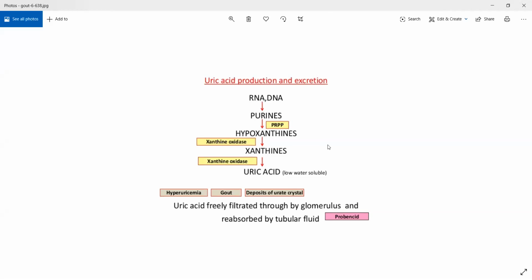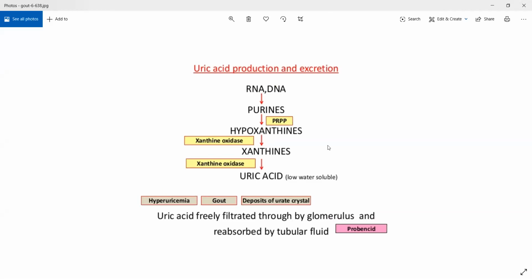We'll get into the uric acid cycle now. So there is something called uric acid that is actually much simpler. Uric acid is something that is formed in your body, but 95% of it, or almost 90% of it, is reabsorbed back. Depending on the pH of your blood, uric acid levels will fluctuate.